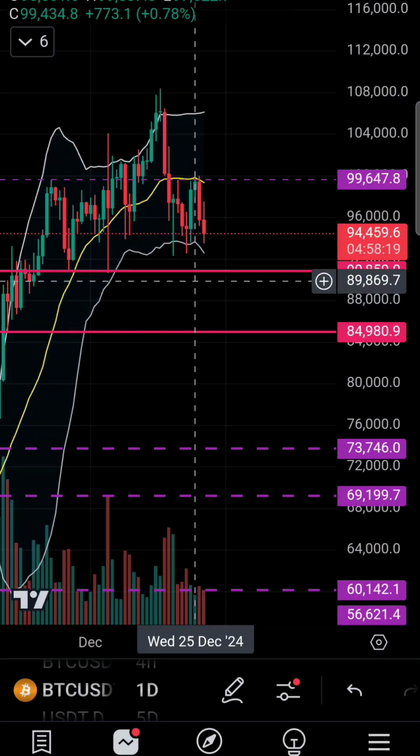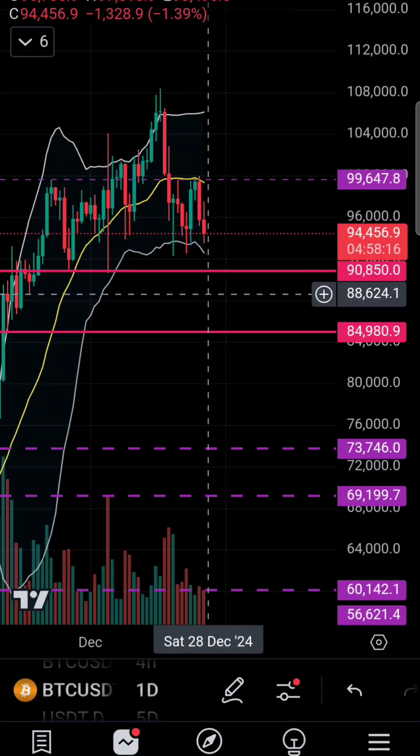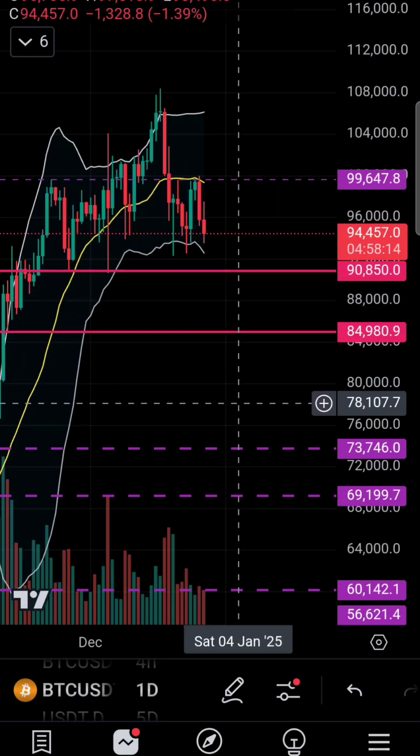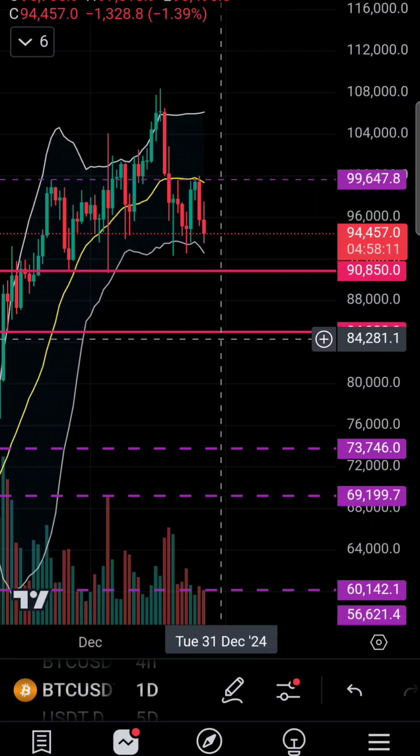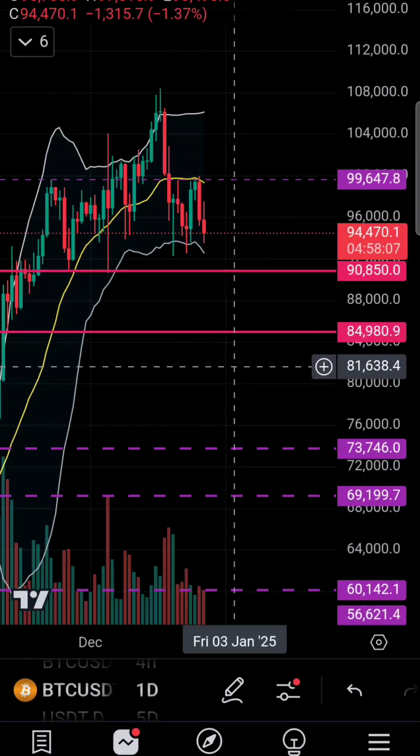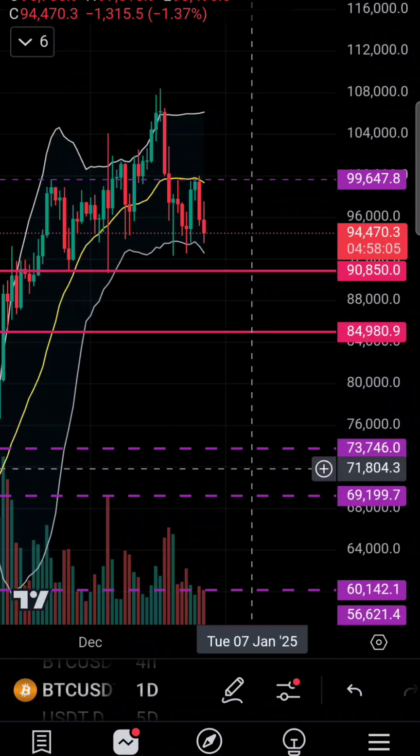Let's say you have 20,000 bucks. You drop it all right here. Think about psychologically how scary that is, watching your money go. Even on spot, you don't want to watch your money just die. Or if you're on leverage, you're risking liquidation once we get past, let's say, 73K.